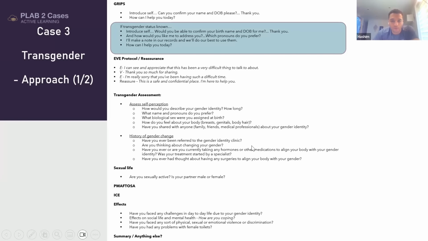So have they been referred to a clinic? Have they thought about changing their gender, and have they actually made any steps towards doing that? So hormonal treatments, and if they have had hormonal treatments, establish